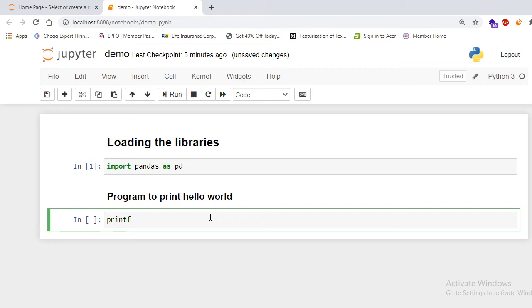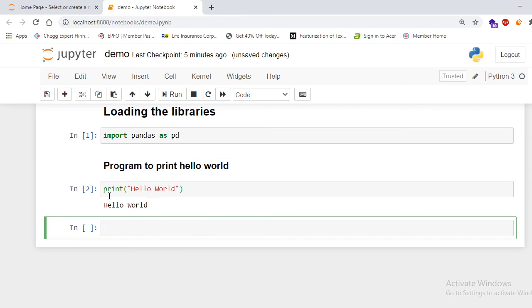And if you want to print hello world, you can just write hello world in the print. So don't worry about how we are writing this. We will see further in this course how we can print something. We will see everything in detail. In this video we are just seeing how we can use this tool to write the program, to write the heading and all. So don't worry about it.